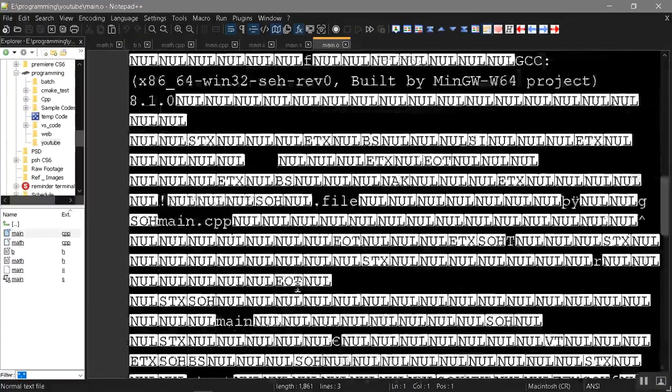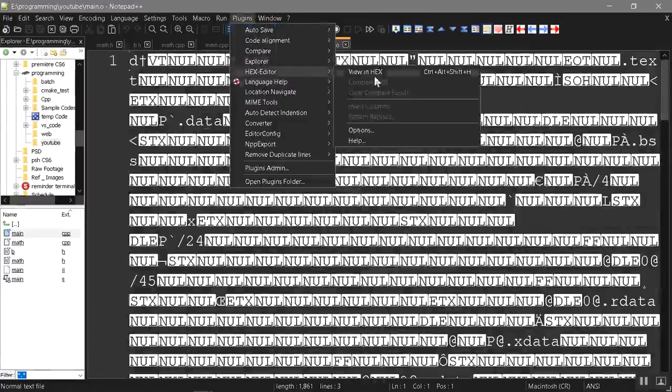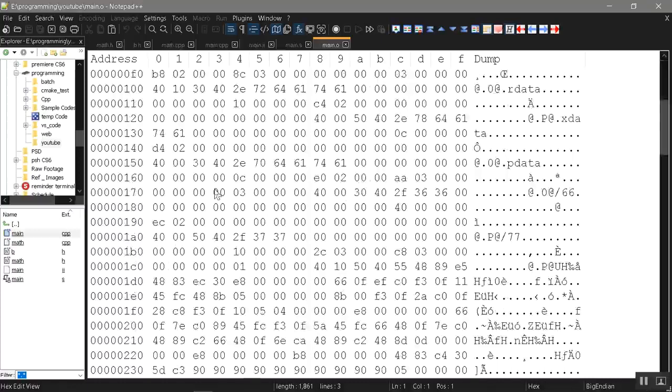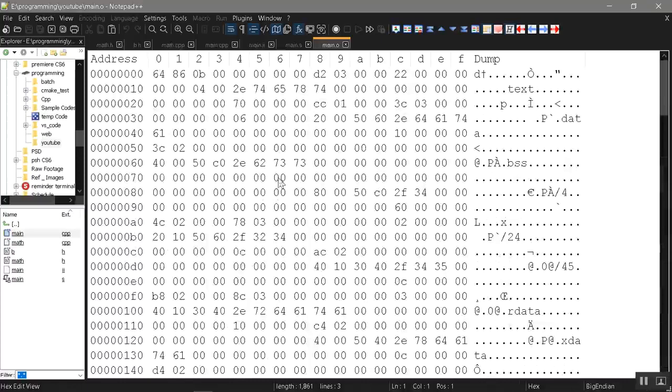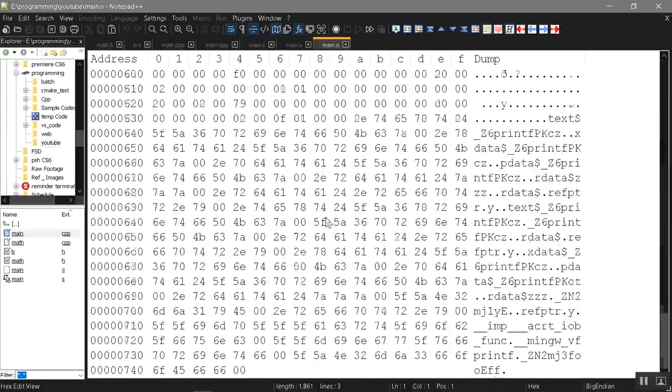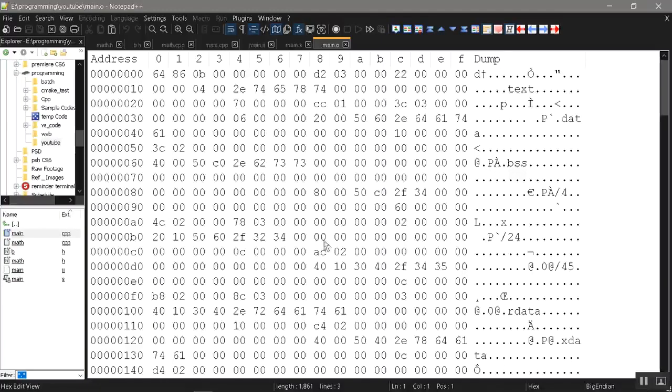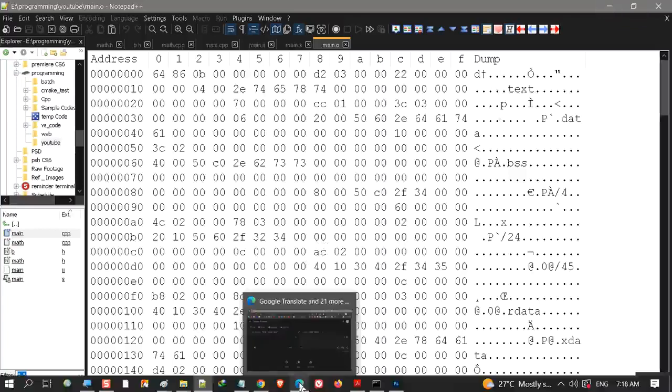Yes, it's machine code, which is binary. Here in Notepad++ we are looking at it in hex, but it's actually binary code, so the CPU can understand it, but the operating system doesn't allow it to run because it first needs to pass the linker step. Let's get back to